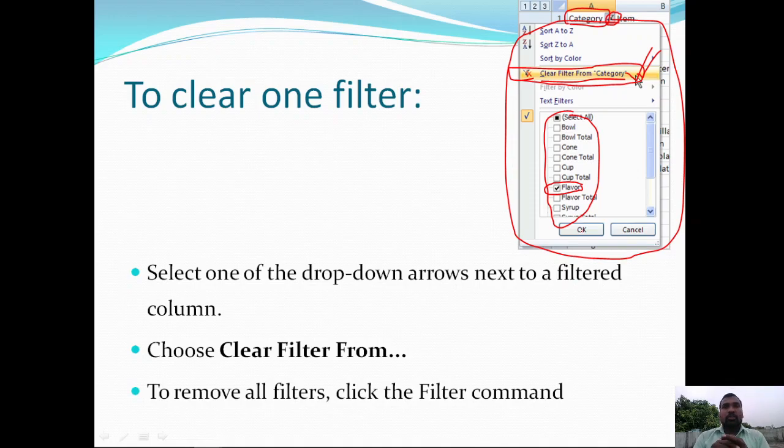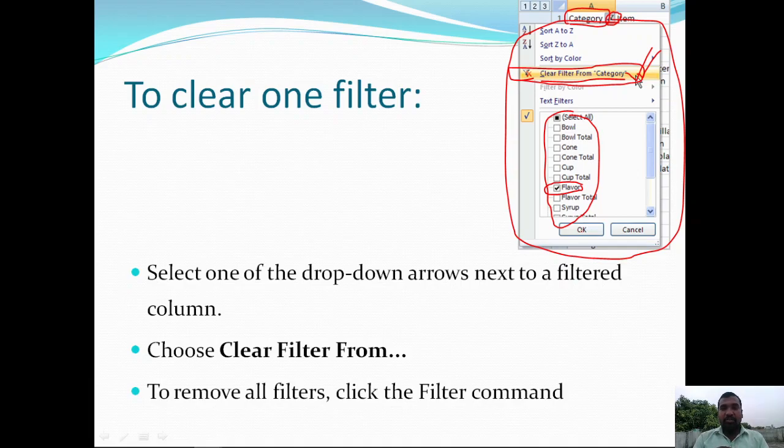If you apply a filter, then those filtered values are displayed and all the remaining are hidden. If you remove the filter, then all the information that existed before applying the filter is displayed as usual.